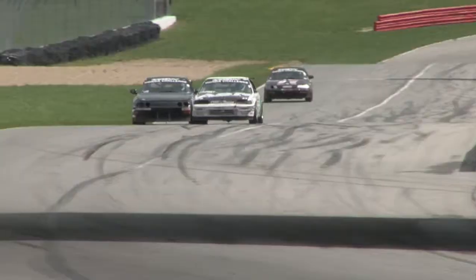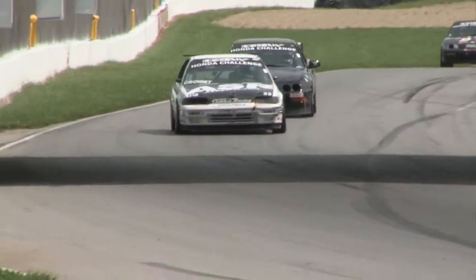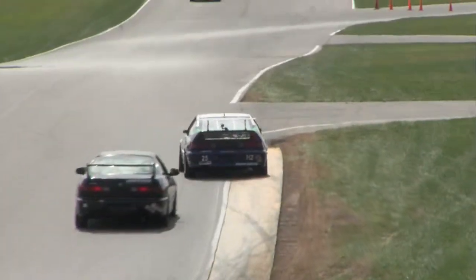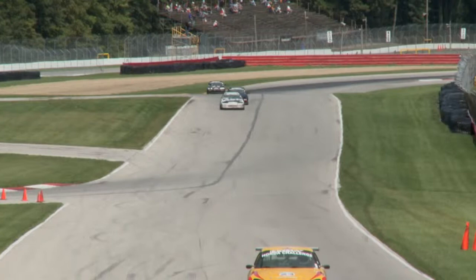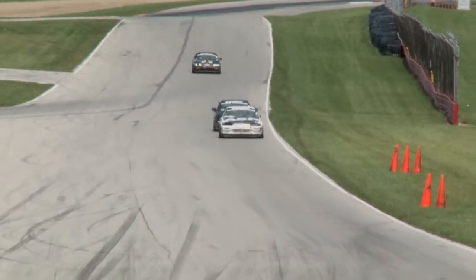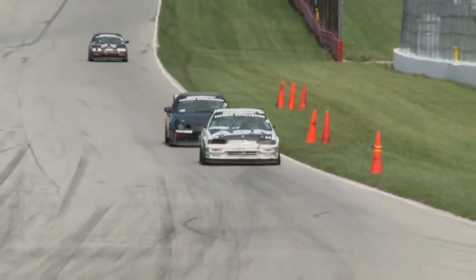I believe he does. I don't think it's a conflict of interest, because the guy works hard and he runs just as hard as anyone else. Really prepares a nice car, prepares cars also. You know, he has more jobs than anybody I know. He also prepares cars for racers in the Southern California region. So a real utility player, and we're glad to see Jeremy out in front in the Honda Challenge 2,